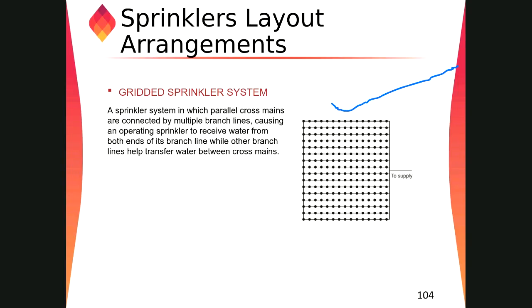Again, the same concept that we discussed earlier: more piping means more air to fill the system, which will lead to a delay in the response of the water spraying. That is one case. The other case is that the air will reach from this side and water will come from that side, and the air will still be entrapped in between.